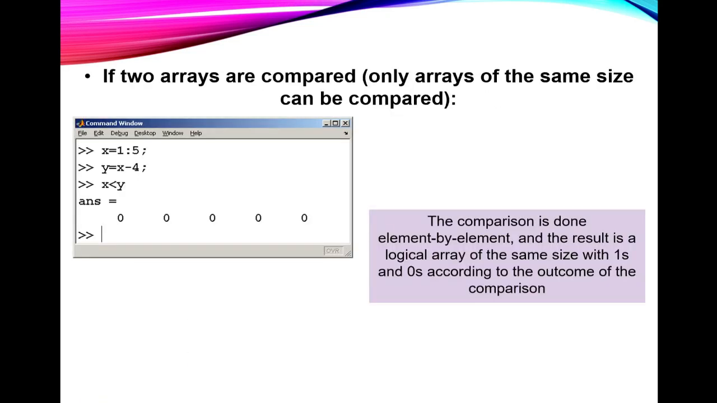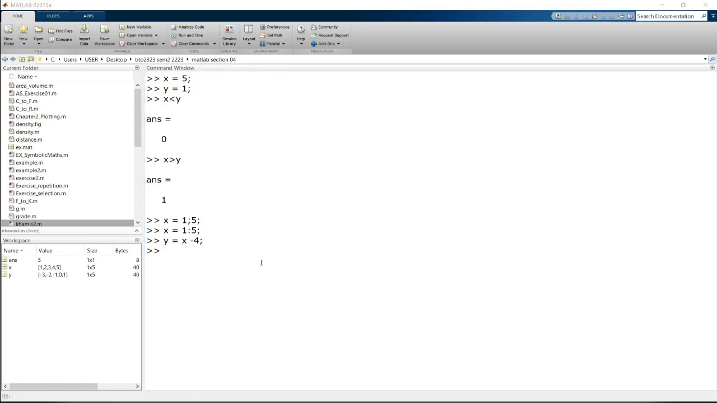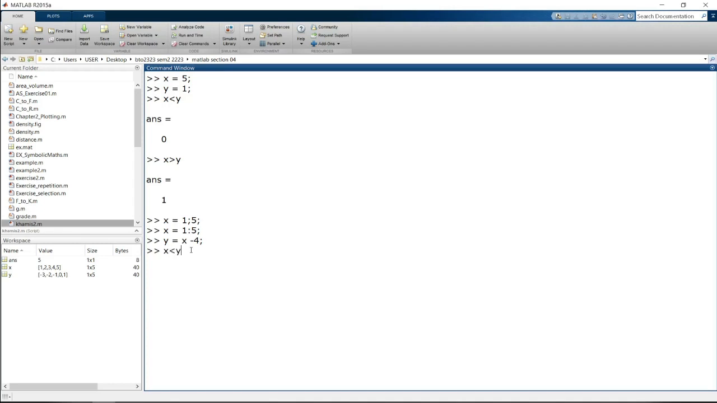The results of comparisons that we obtain here, either 0 or 1, will be used inside the selection structure. Of course, variables in MATLAB usually represent entire matrices. So if we redefine x and y, and y as x minus 4, and I try to do the same comparison as before,